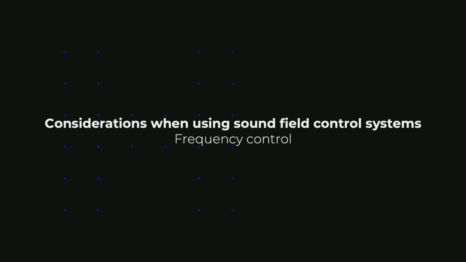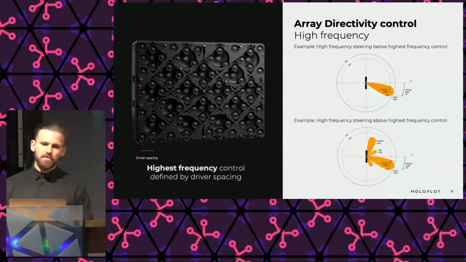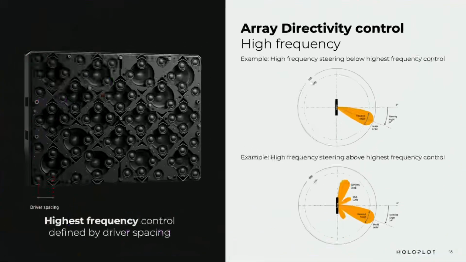Now I would like to mention a couple of considerations needed to understand beamforming at different frequencies when using sound field control systems. The highest frequency control is defined by the driver spacing. Probably you might remember from the slide on interference across space. As we learned previously, controlled phase interference is possible when the distance between two loudspeakers enables the resulting directivity pattern to overlap physically. In that case, we need exactly to have at least half of the wavelength of the frequency that we want